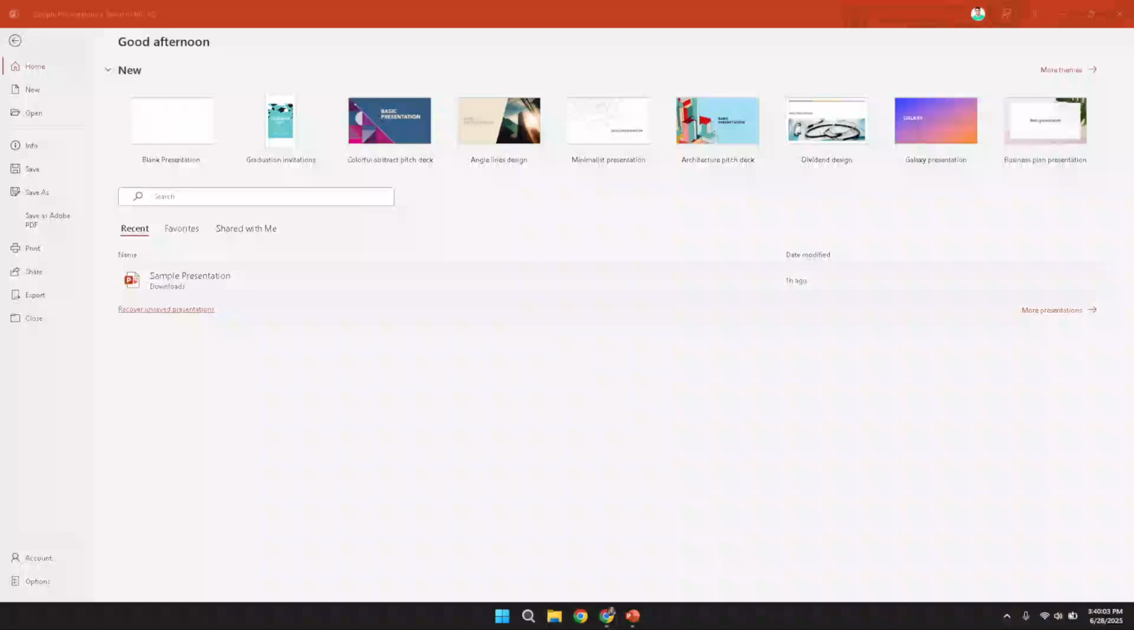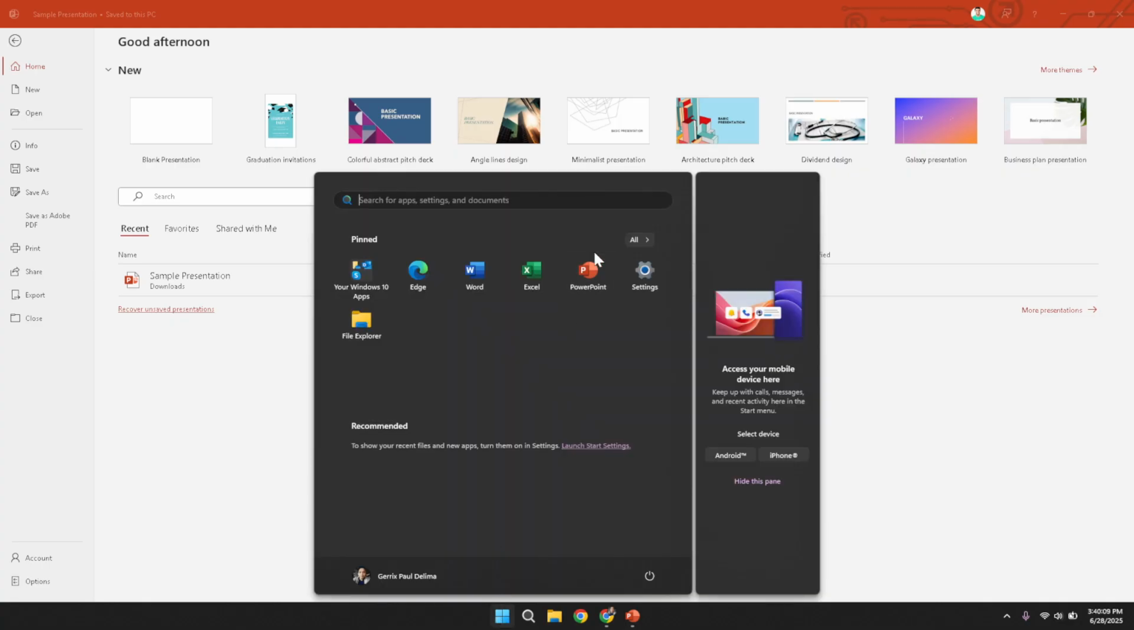Begin by opening PowerPoint on your computer. Take a moment to launch the program and ensure that it has fully loaded so you can work without interruption. This step is the foundation for editing your presentation, and it is important that the application has been started properly